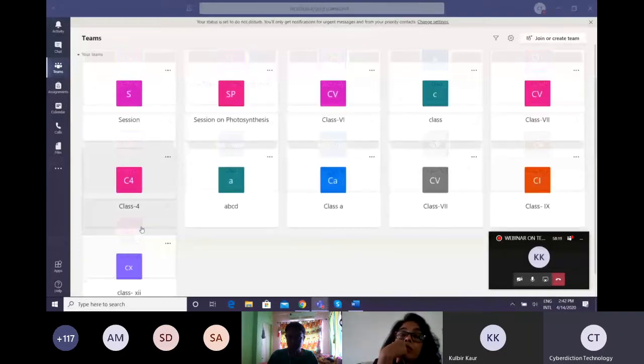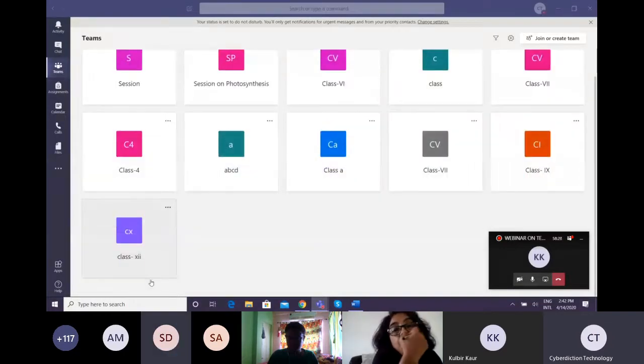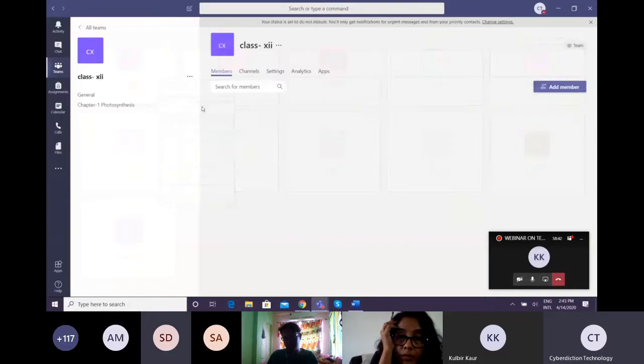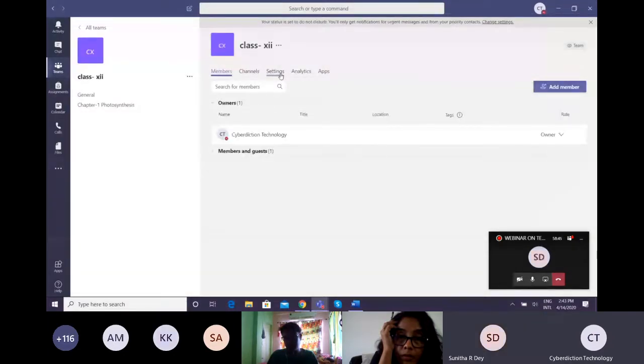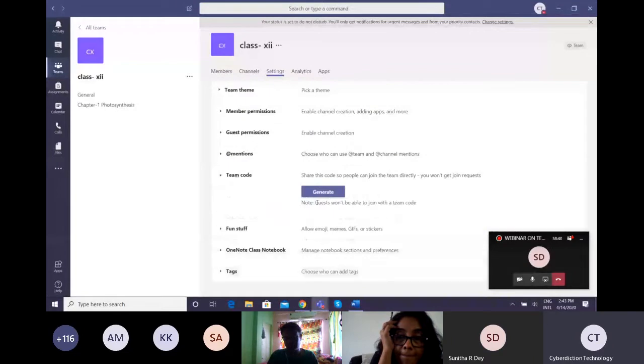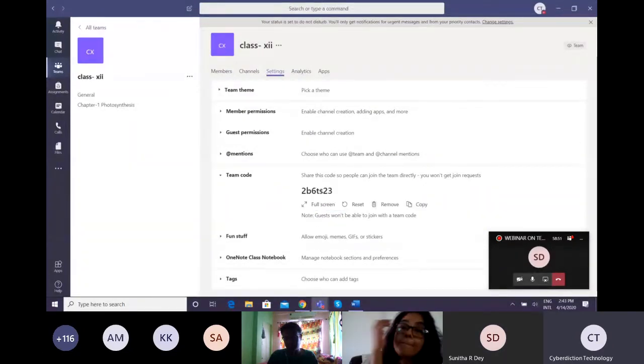Let's say you had created a link for all the students, so that they will get the link and copy it. But there is one more easy way to join. Let's say they have already joined, they have the user ID and password. Now where will they paste that link? In that scenario, when you go to manage team, there is an option of settings, and under the settings tab you have an option of team code. You can just select generate, and the code will get generated. So you need to copy this code and paste it somewhere for your reference, so that you can share this code with your students. This is the good thing.